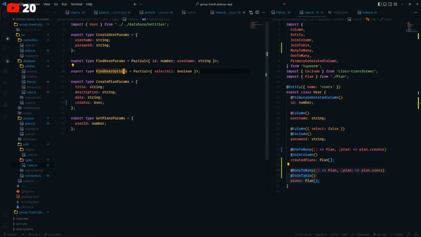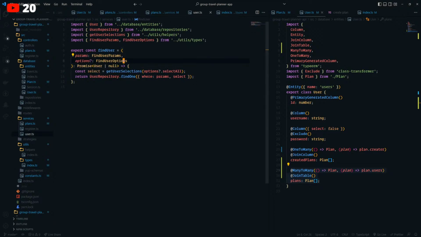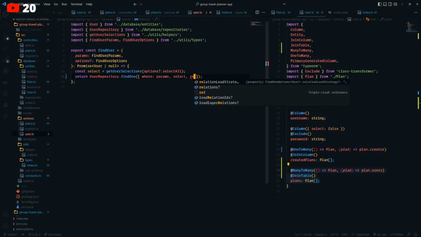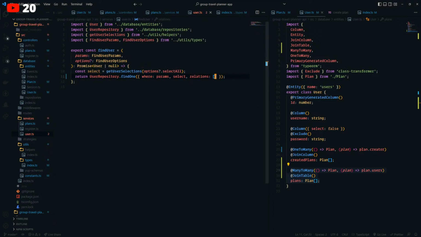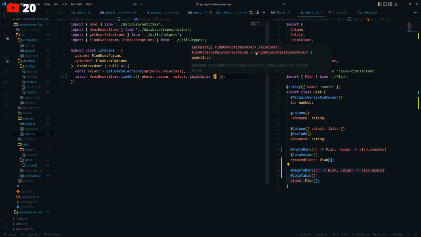Okay. Let's go over here for find user options. Let's add a property for relations. And with relations, let's make sure that the data type for relations is correct. Find options relations.